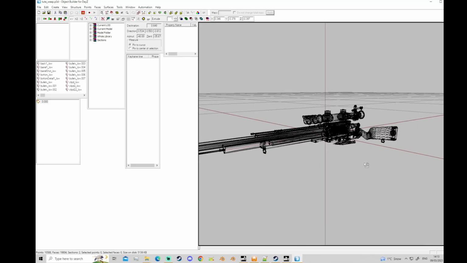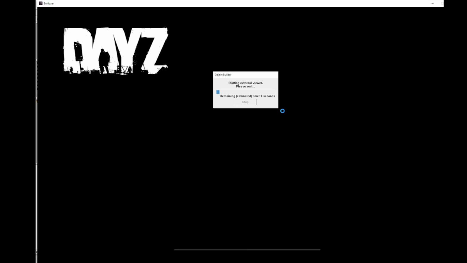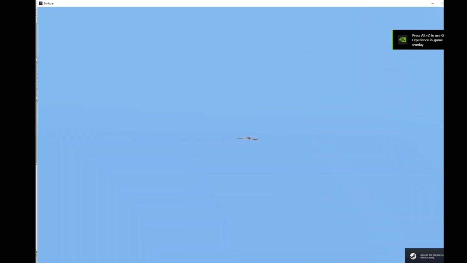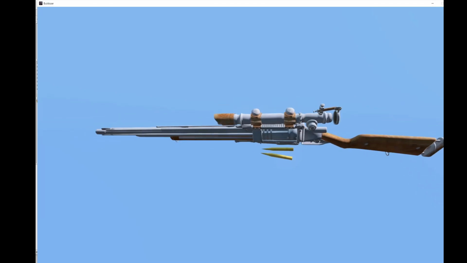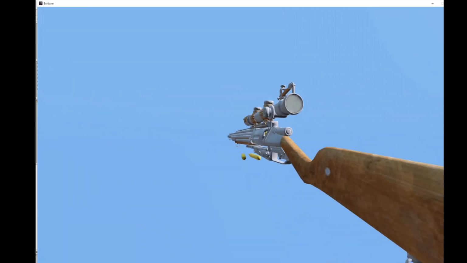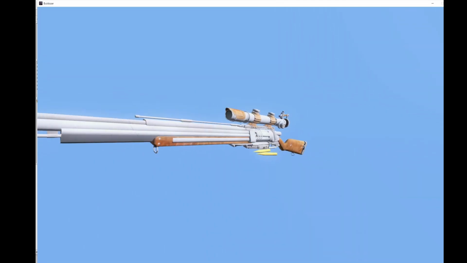A big old rifle. Have I textured it yet? I want to do one with a scope. It's been a while. So big bullets, big guns, and we've got one chambered and all that,